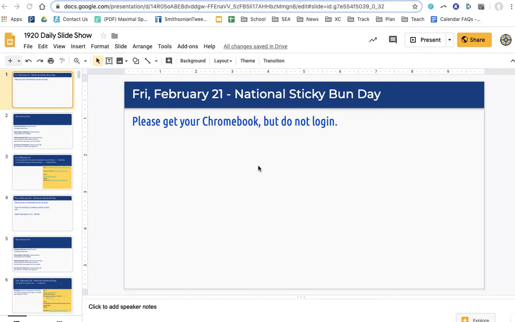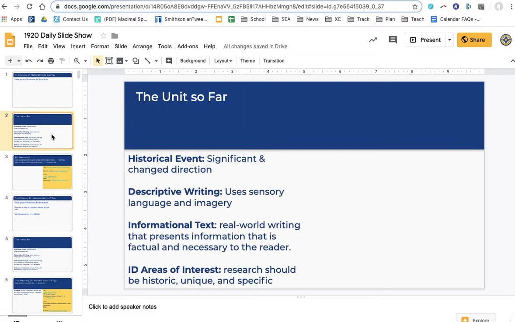Today is Friday, February 21st, and in class today we started by reviewing what we have been doing. Particularly important is the past few days. We've been on this rolling schedule where some kids are rolling ahead of others. But in summary, we started by generating 10 ideas or more that were of interest to us and were historical